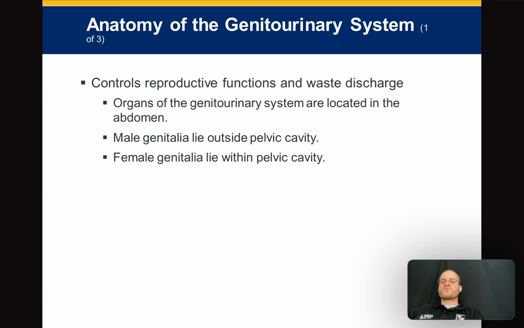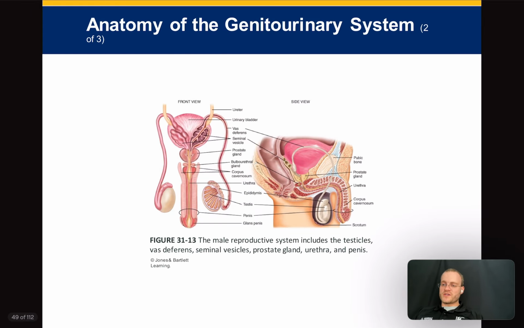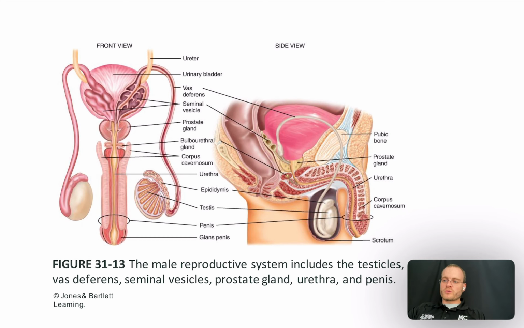And they're obviously located within the abdomen. So the male genitalia lies externally. The female genitalia is internally within the pelvic cavity. That's pretty intuitive. I don't think I need to explain that. But a quick review of the male reproductive system. So this is the urinary